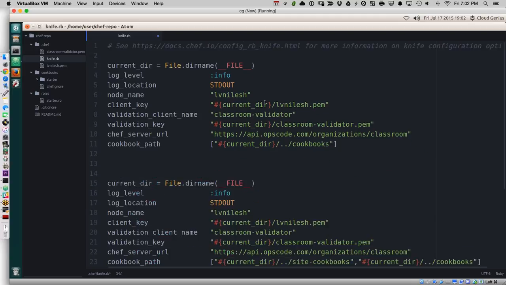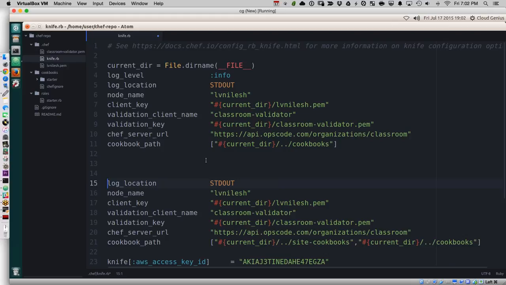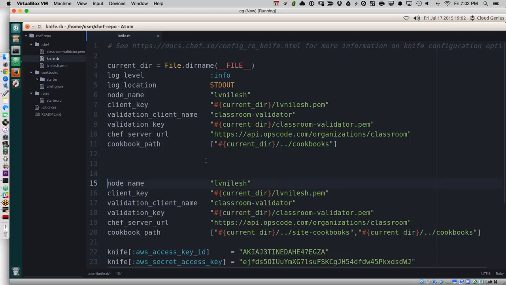This is the current knife.rb as we obtained it, and the new knife.rb should look like this. So we have to identify changes. What is the difference? This line matches, so delete. The log level matches, delete. Log location matches, delete. Node name may not match for you, your name will be different. In my case, line number 1 matches with line number 6, and so I delete. In your case, the client key will be different. In my case, it matches between 7 and 16, so I'm going to delete 16,